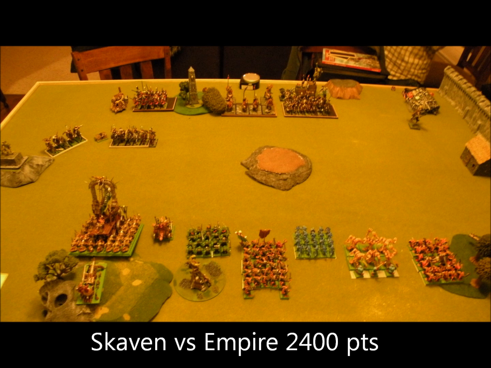This scenario was Fortitude. So on my left, we've got the Warp Lightning Cannon on the hill. In front of that is the Plague Monks with the Furnace. Plague Priest has the Dispel Scroll and the other Trickster Shard. In hindsight, I think I would have rather put my Abomination on the outside of the Plague Monks, but